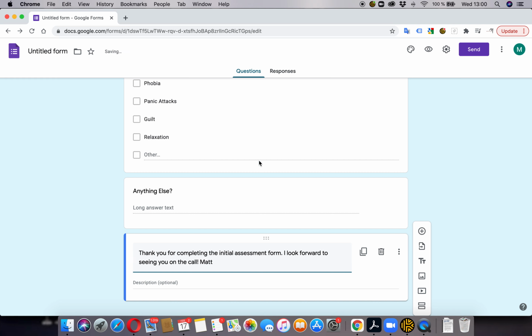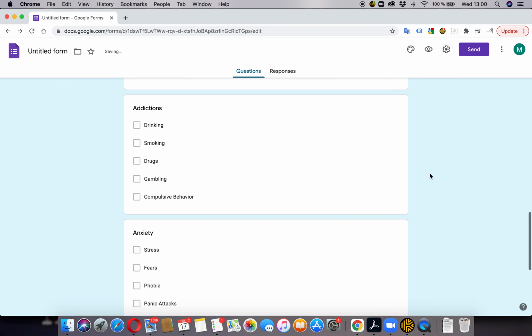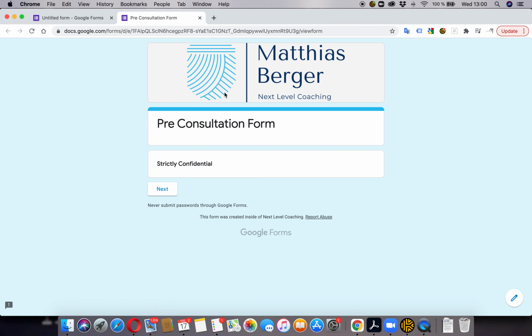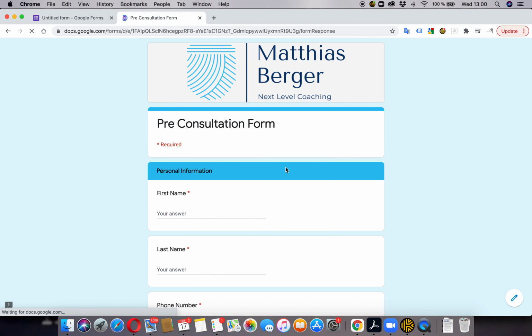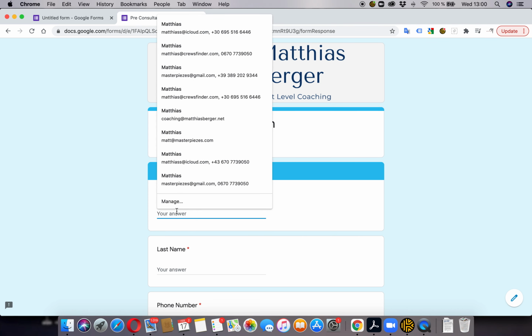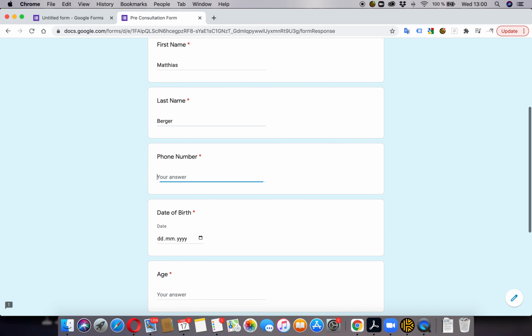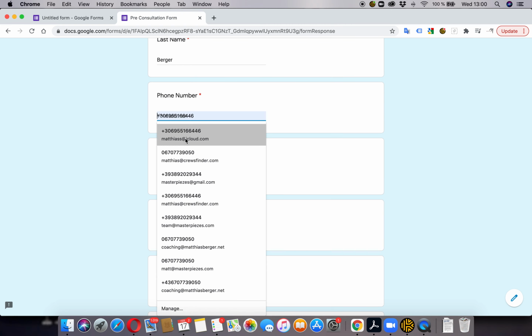All right. Okay, let's look at this form. So we click here on preview. So this is our first page. Then we click here on next. So I put here Matthias Berger,